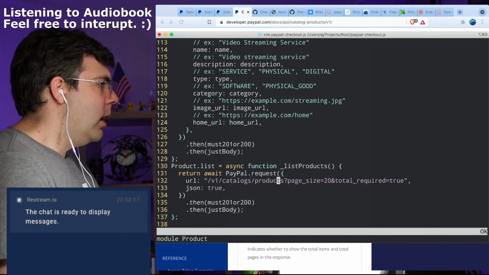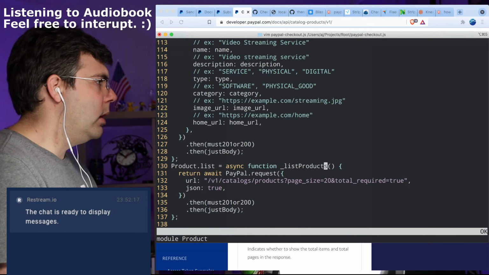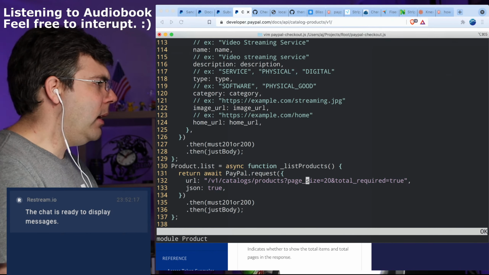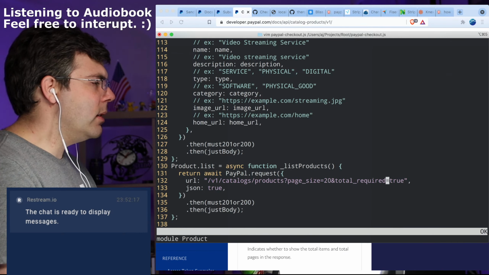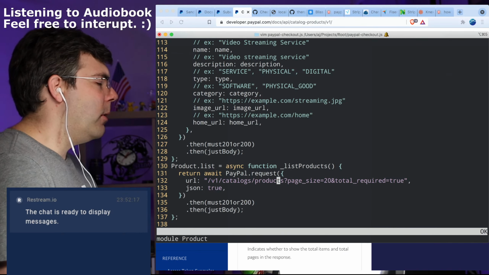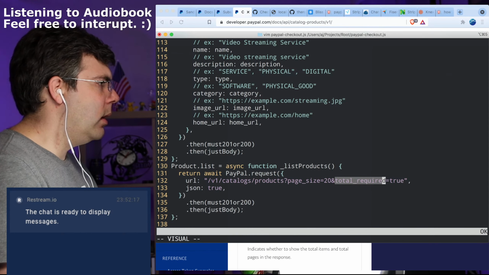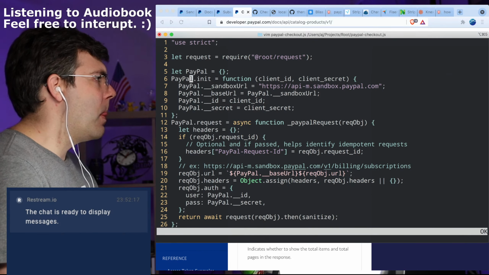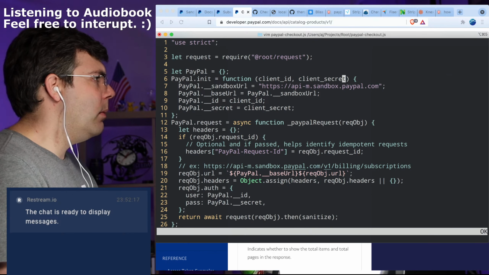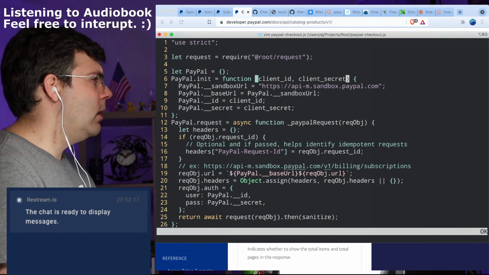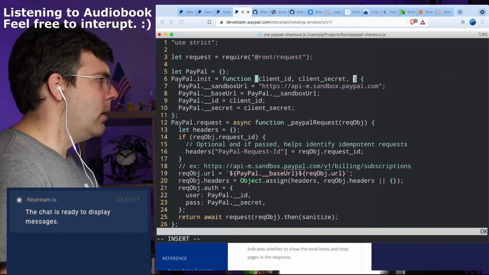I'm going to make it so that we can have some reasonable defaults as part of the init. So I think I'm going to pass in maybe some ops in here.